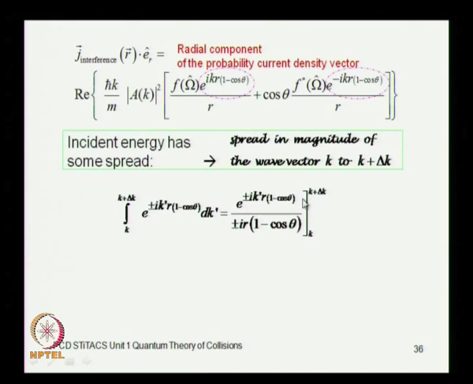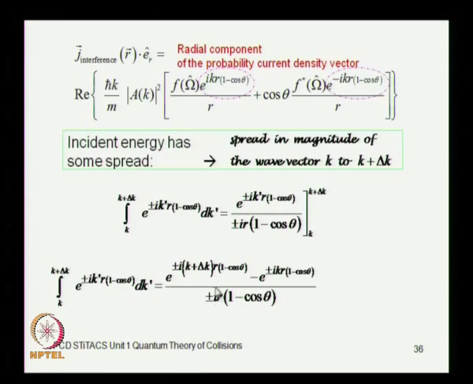The value at the upper limit you get by replacing this dummy index k prime by k plus delta k, and the lower limit k prime will take the value k. So, you take that difference, this is the value at the upper limit. So, k prime becomes k plus delta k, at the lower limit k prime becomes k, this is the difference, the denominator is common, this is what you get,